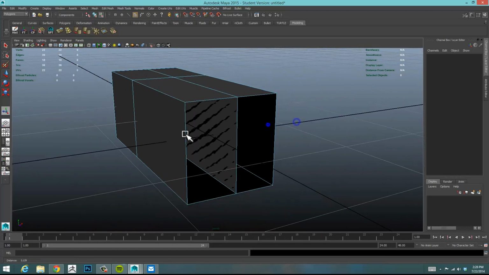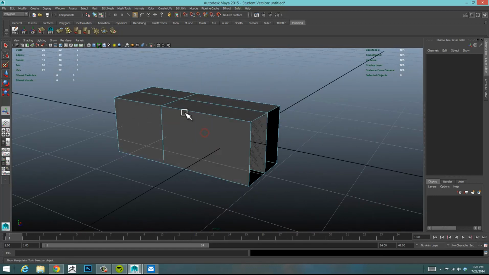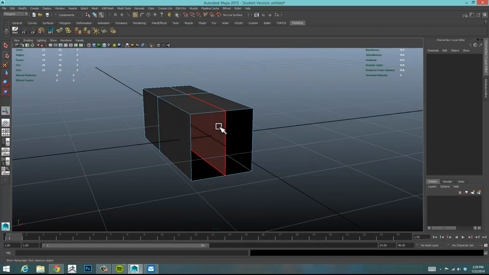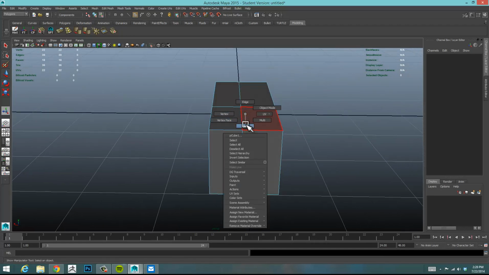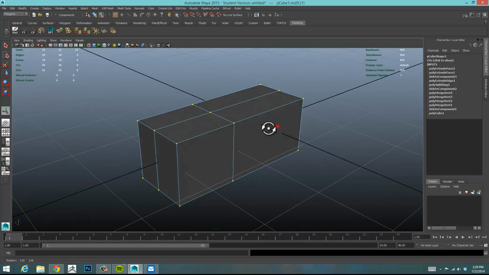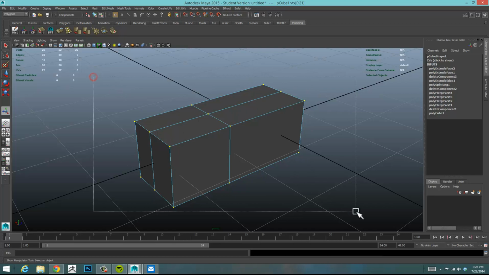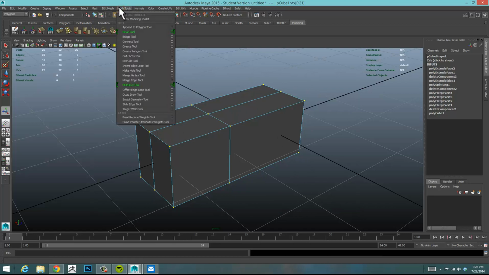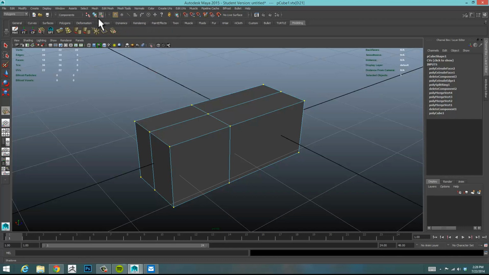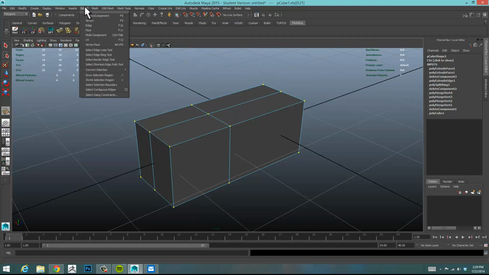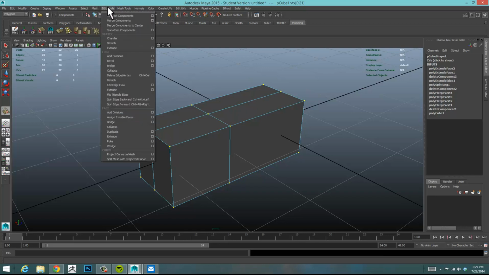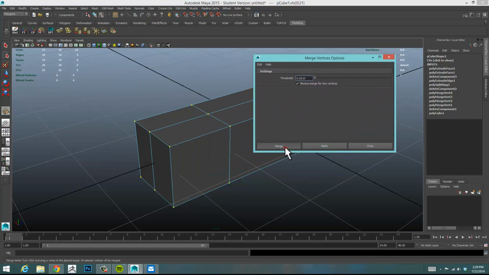So if I'm unaware that my keep faces together is off, then it's very easy for you to go in and make this internal geometry without thinking about it, and then going and selecting your vertices. As I typically do whenever I'm modeling, I select my vertices and then I merge them together. Which, again, I'm trying to figure out where that merge components is, that's what I'm looking for. So if I go to select all my vertices and then go to merge components and merge those together like so,